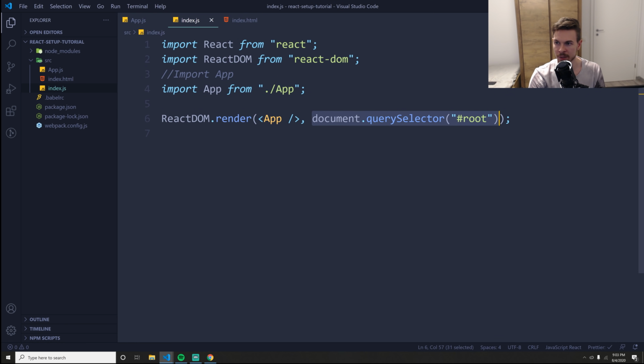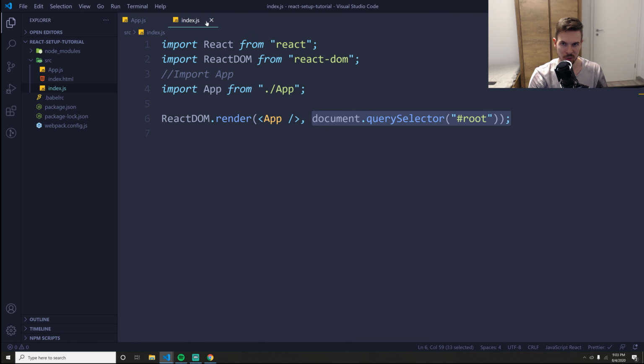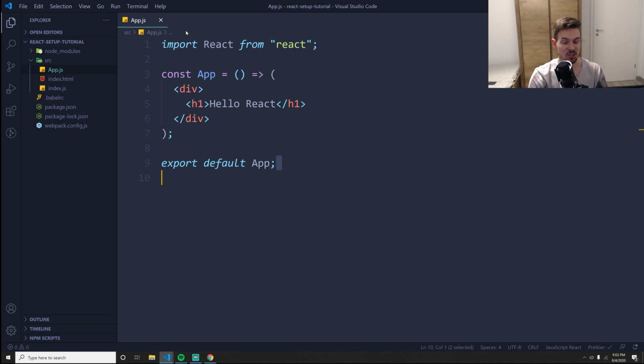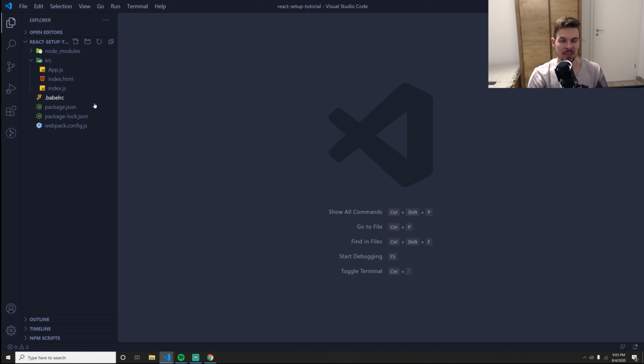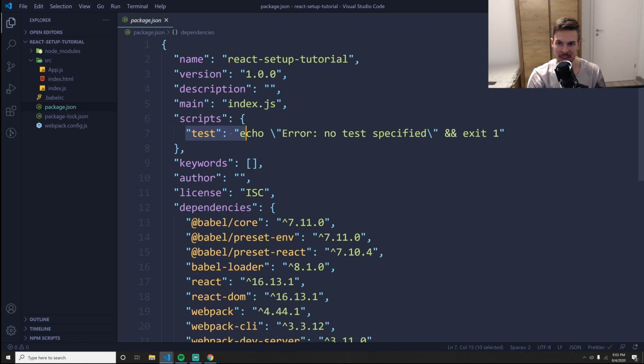And we specifically told it where to render it out, which is in the root file. Okay, and that's it. We can check to see if this works. So what we need to do is run Webpack. But before we do that, we need to set up Webpack. So let's go to our package.json, scroll all the way up here to the scripts, and we can add specific